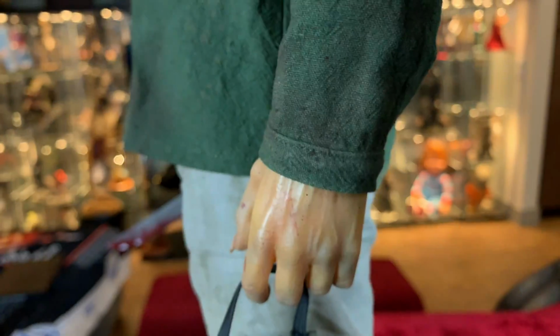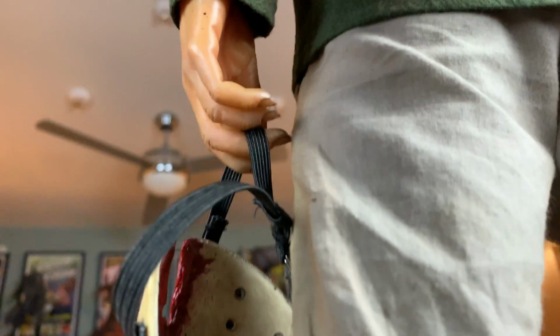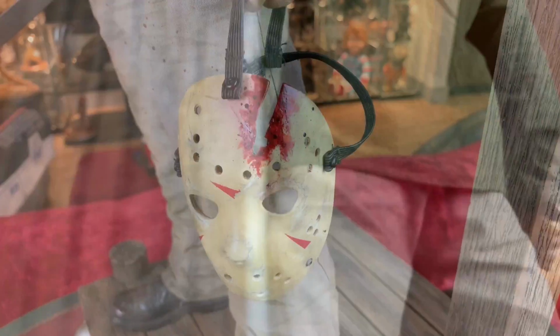And again, I just brought the shading and coloring up on the arm a bit more. It's hard to add a little bit of shading to this kind of stuff without going overboard, because if you go overboard, you lose the translucent resin effect. And while we're down over here,